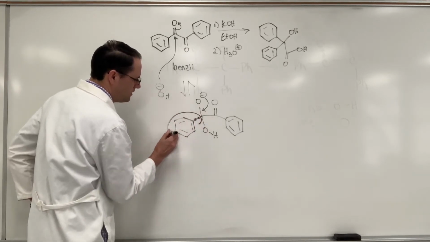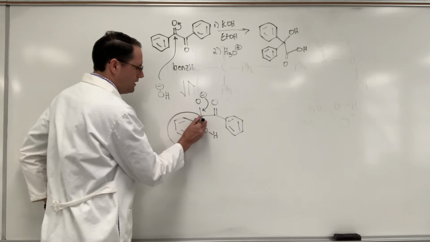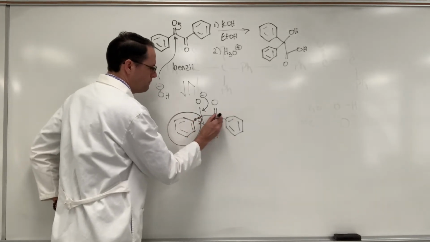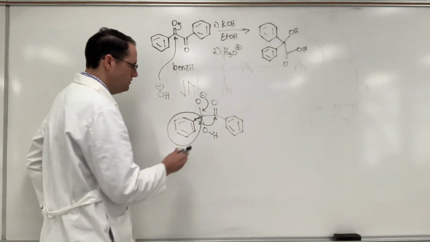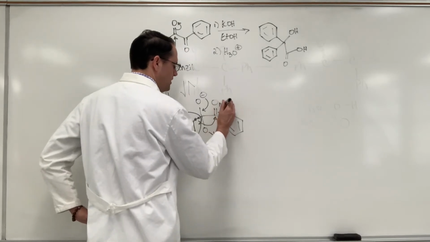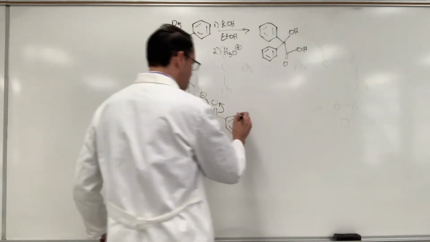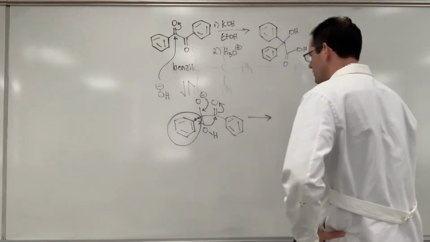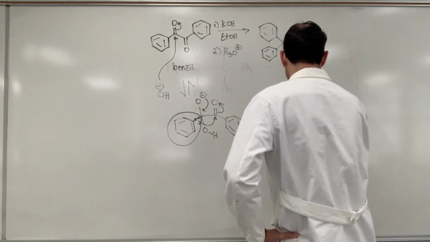So this whole group here can migrate over to here and attack the neighboring carbonyl, and electrons go up here. So what does that give you? That gives you a rearranged product,